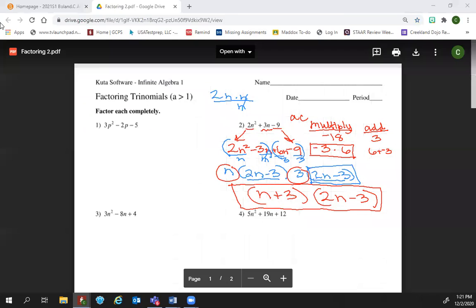I'll make sure I can get it. Oh, because I was putting, I'm silly. I was putting the n in. So note to self, don't do what Miss Boland just did, which is putting the n's in. So replace those with the x's. Okay, so when I did what I was supposed to do, which was put an x instead of an n,